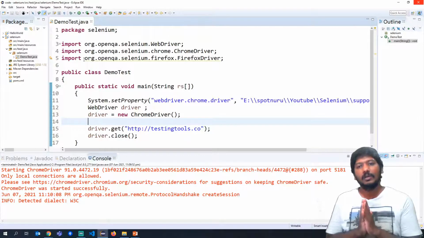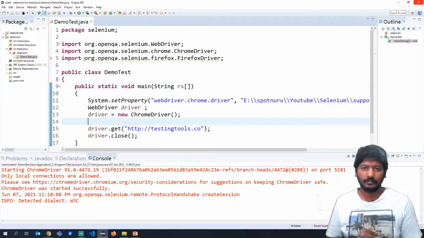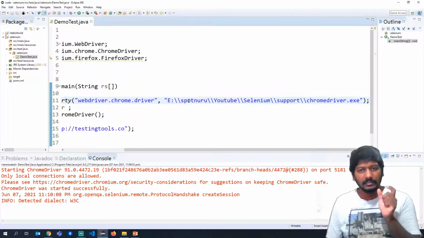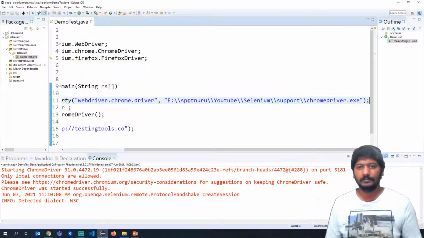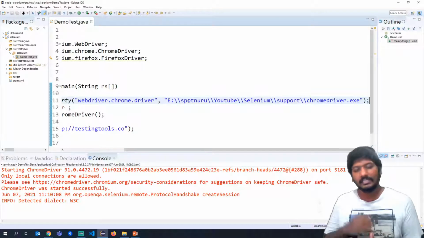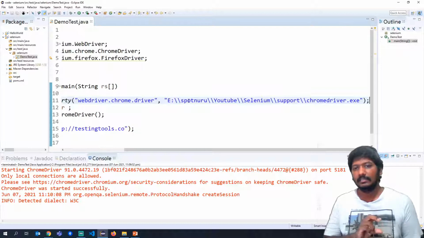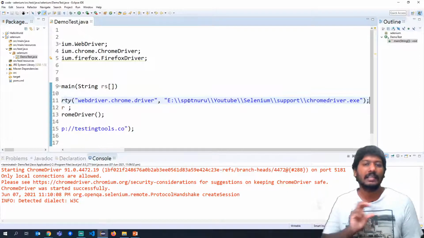Now this is one way of writing the code to launch the browser. But the problem here is you should always set this property and set the location of this particular Chrome driver, right? And whenever a new Chrome browser version is updated or upgraded, you have to download the relevant Chrome driver file again, put it in the same location and keep maintaining it. But there is an alternate way where we need not worry about all those things. You just have to include one Maven dependency and make a little change in the code, and that will take care of everything.